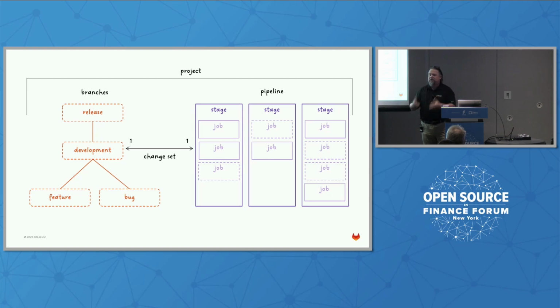They end up becoming snowflakes, so every project gets its own snowflake pipeline. The only things that I can really share are the jobs that are in the stages themselves. And when we start to talk about being able to require dependency analysis between them, so which job depends on another job, it creates a whole other set of nightmares. Now this is just to be able to get to the package.